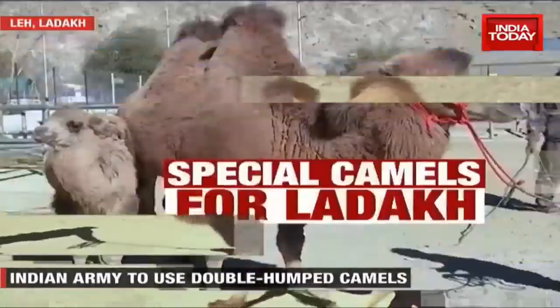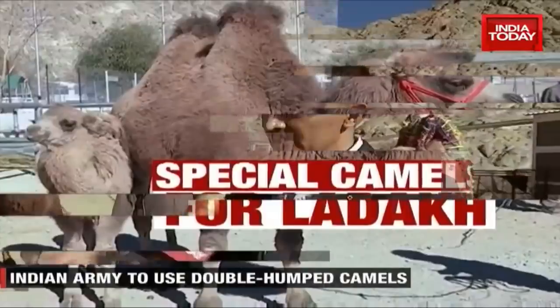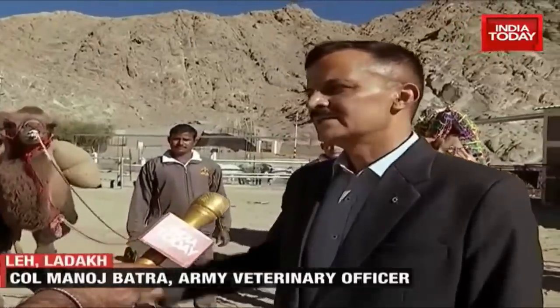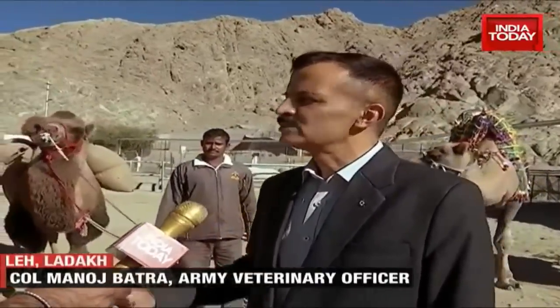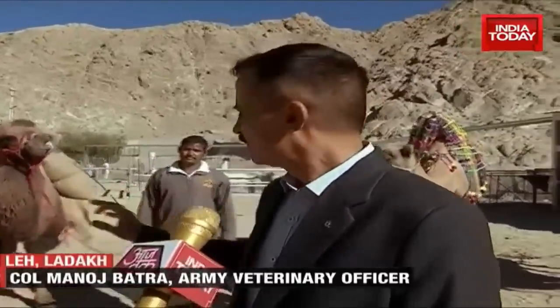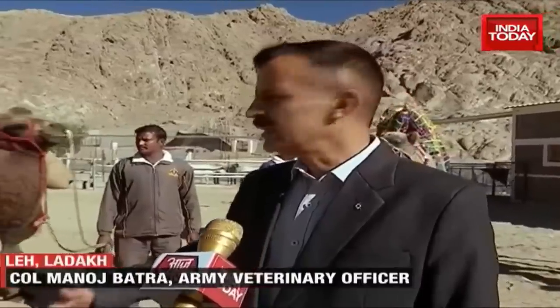for the conditions. In our study, which we have just concluded, we found that this camel, which is double hump, and as was expected being a local animal, has come out to be a winner, and it is much better than the single hump camel. It can carry up to about 170 kgs of weight at a height of about 17,500 feet and is a perfect animal for using in the sandy soil area for logistic support to the army, and we will be using